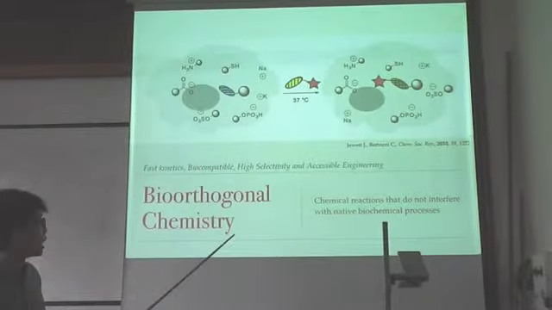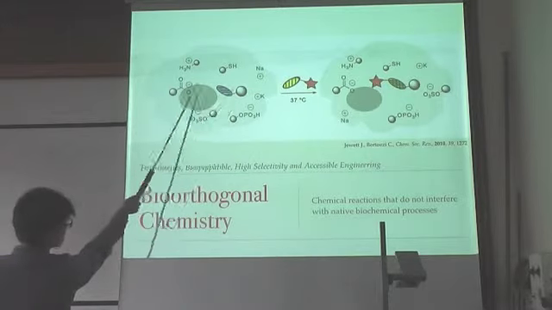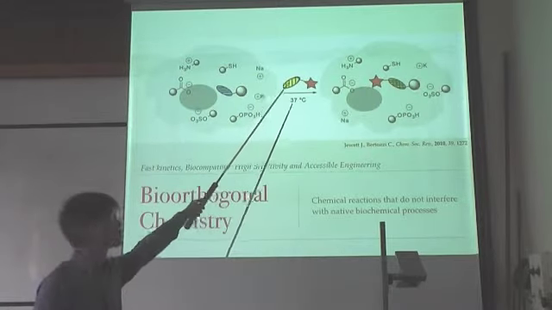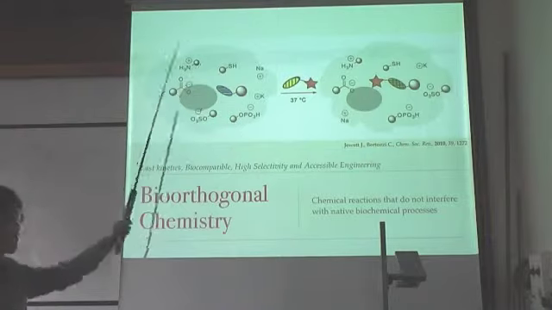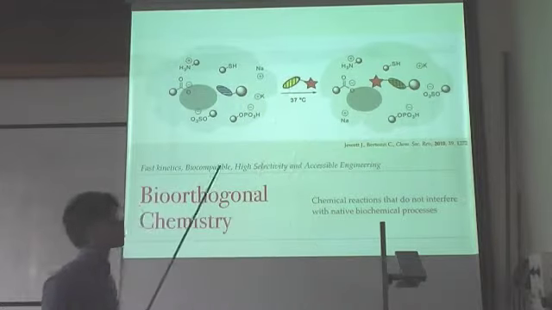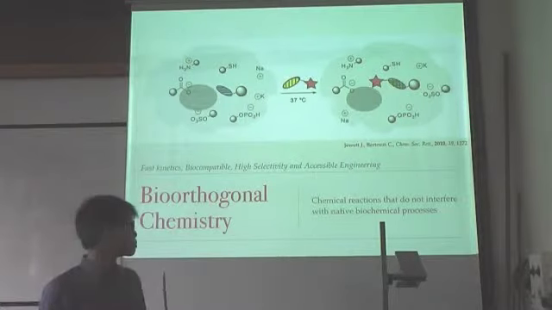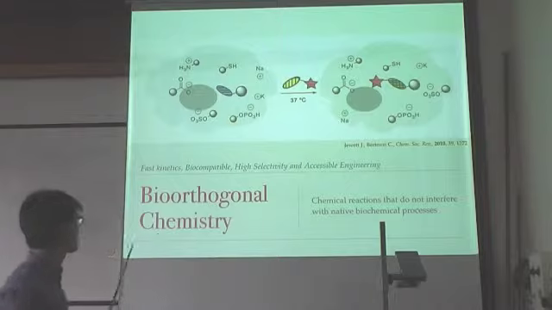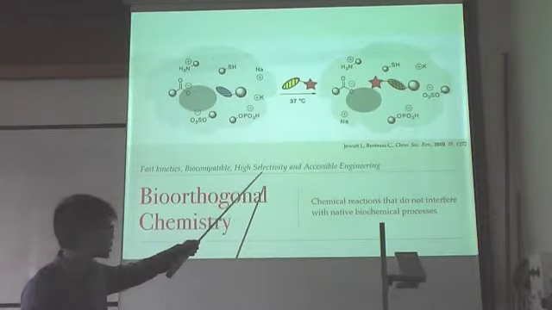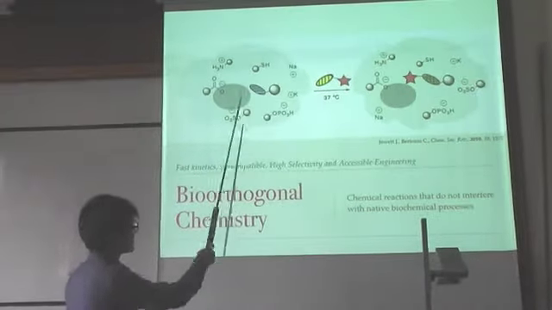So if you imagine a chemical reaction inside the body, we have a unique functional group labeled in blue here. And if you interrogate this functional group with a complementary functional group, yellow, the two can react in physiological conditions to give you your stable covalent linkage, joining your biomolecule to the drug or fluorophore in question. For a chemical reaction to be classified as a bioorthogonal reaction, it must have fast kinetics, be biocompatible, and the functional groups must be very selective for each other. In addition, these functional groups must be easily accessed by protein engineering.